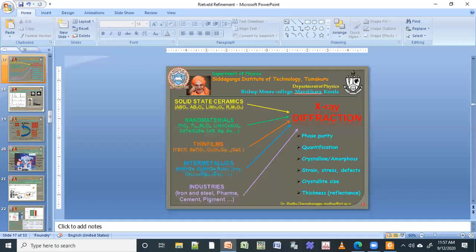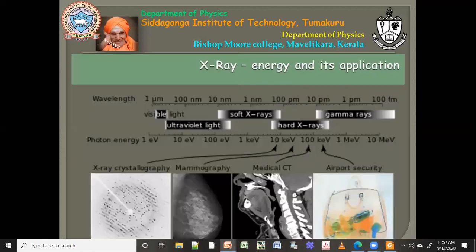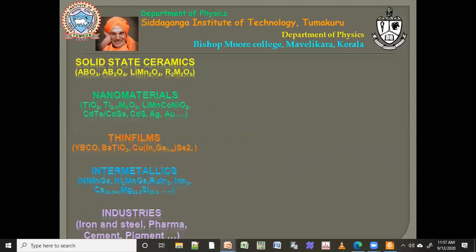Okay. So diffraction, what is diffraction, what is neutron diffraction, all those things. So now, why you need this X-ray diffraction? So you may be working in different fields. So for example, you may be doing some bulk materials like some perovskites. So for example Pr, Sr, MnO3, La, or barium titanate, all those things. It may be a magnetic material, it may be a piezoelectric material, it may be a ferroelectric material. So you are preparing these things by solid state or sol gel, whatever method.